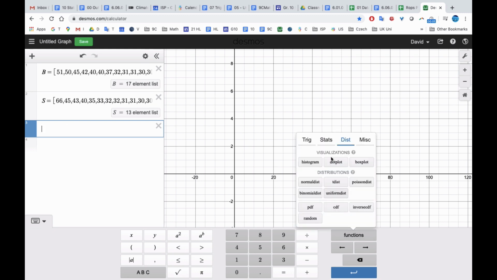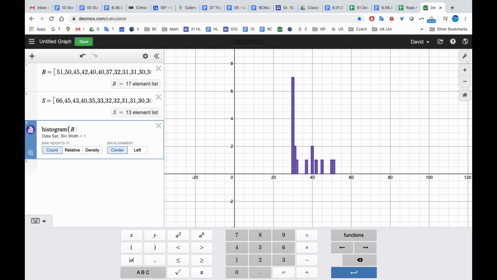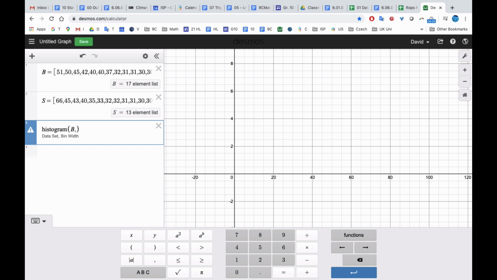histogram. Okay, and so if I go to functions, if I go to histogram, I can choose my data set. Let's do bands first of all. And then the bin width. So the bin is how wide these are. And ideally, we want about 5 to 7 bars to come up. And so if I play around with it a little bit, let's make the bin width